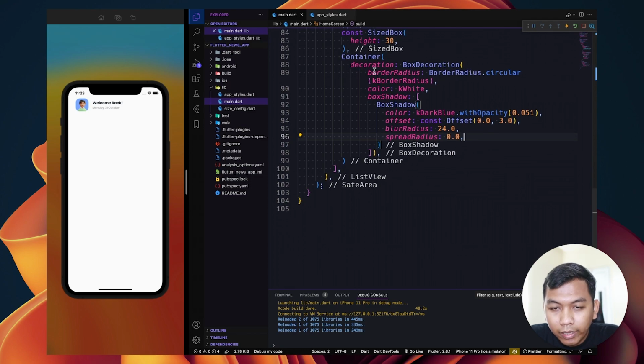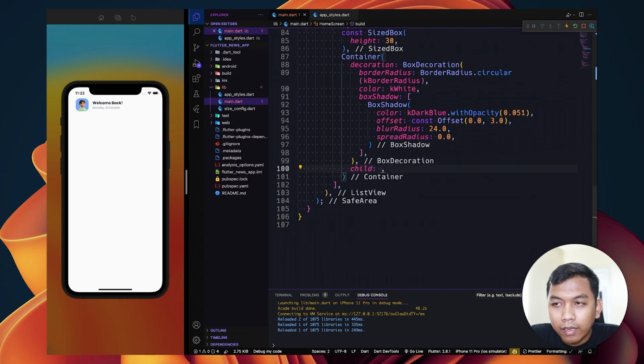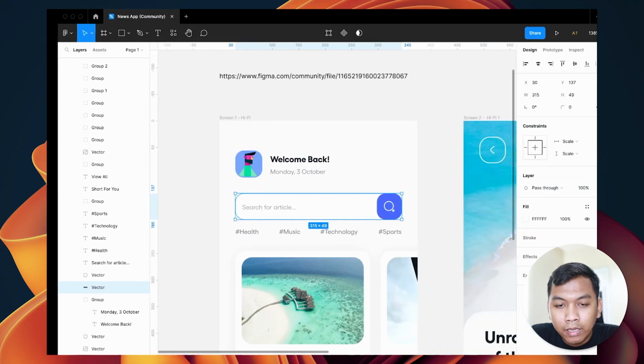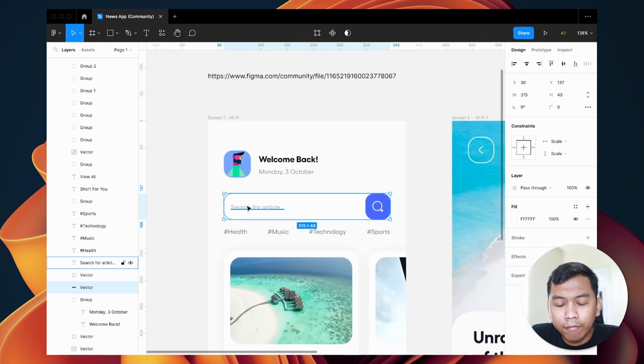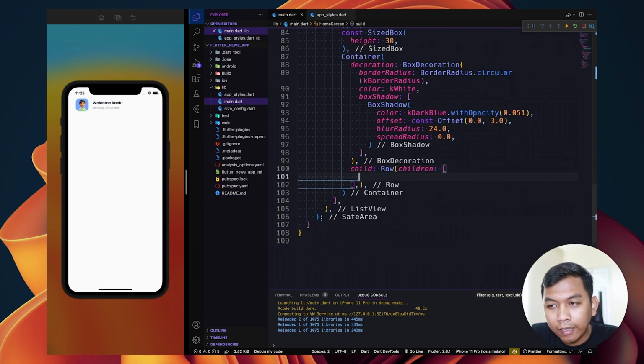And inside our container, we need to add child. And for the child, we use row widget because we want to have text field and icon button on the right side. So here we can say children.